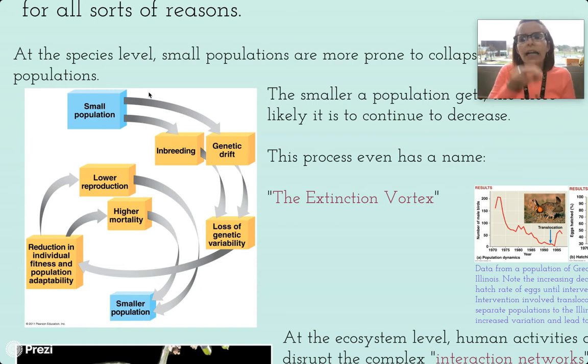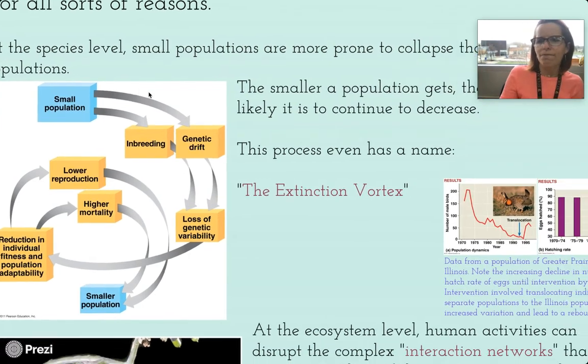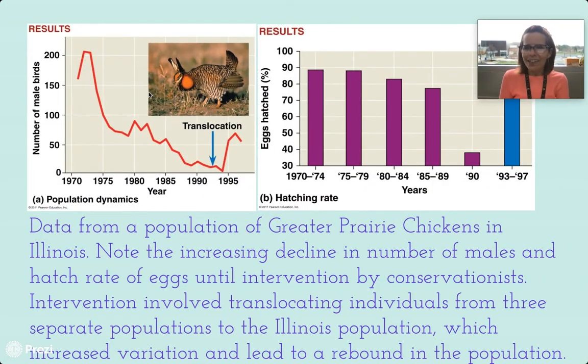What does that lead to? An even smaller population. So the process is called the extinction vortex. And the smaller and smaller a population gets, there's a point where scientists are like, yeah, they can't come back anymore because there's no genetic diversity. There's nowhere to get new DNA to reinvigorate the population. So here's an example of reinvigorating a population that still had some genetic diversity in other locations.